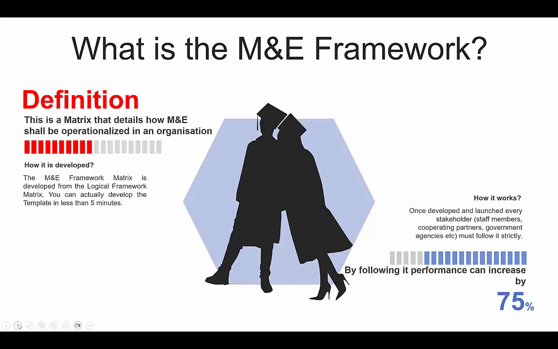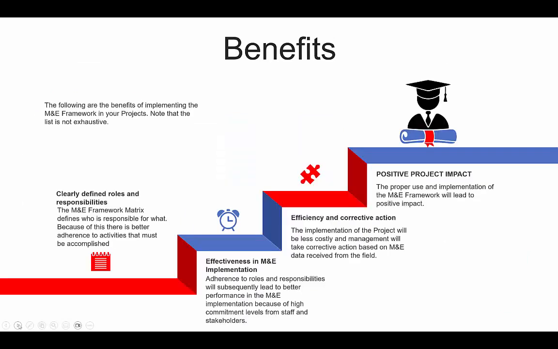You come together to develop this framework. Okay. Now, it's not just a document because, of course, you write it on a piece of paper and the like. But it's not just that, it helps you guide the whole process of implementation of monitoring and evaluation. And in fact, if done the right way, you can improve performance by 75%. Okay, guys? So please, this is something you need to keep in mind. Okay, let's go